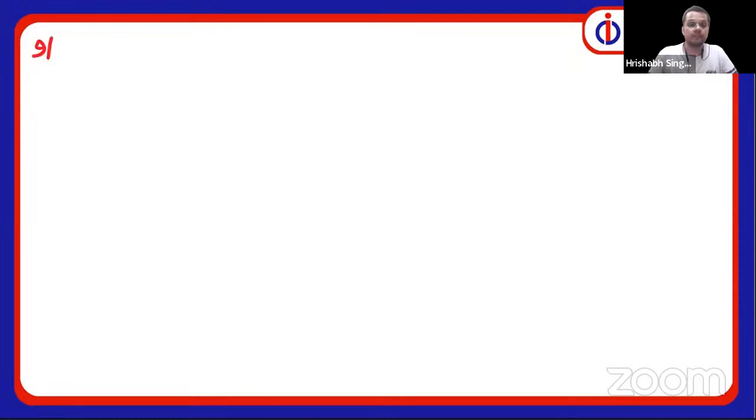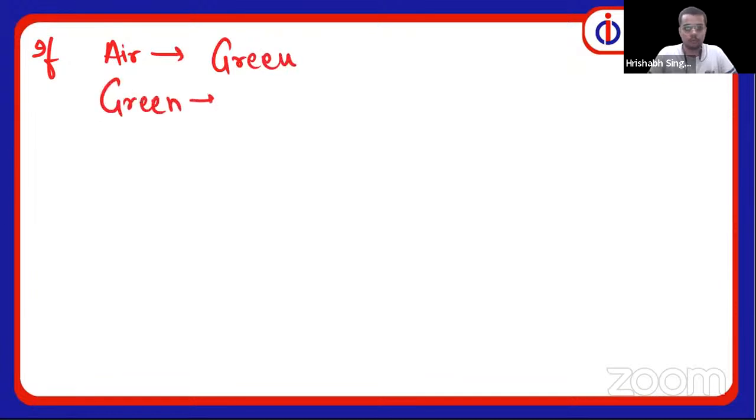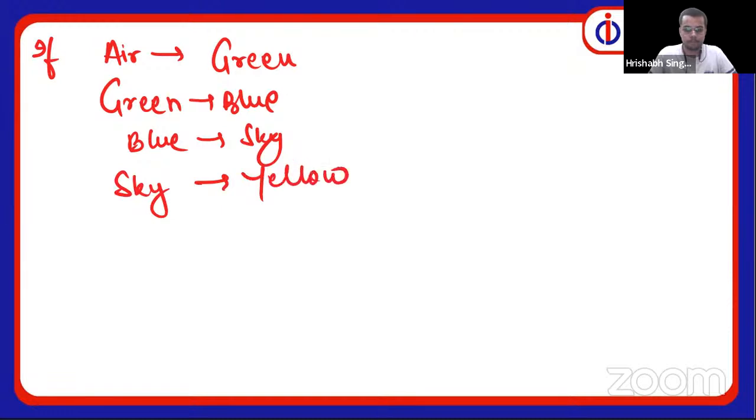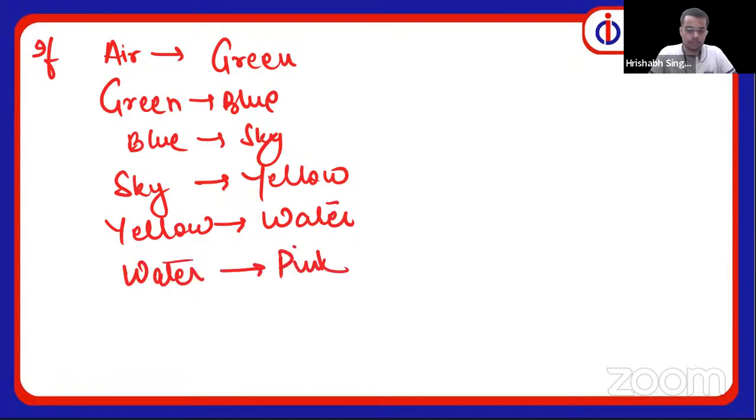Say, see, if air is coded as green, green is blue, blue is sky. ठीक है, sky is yellow, yellow is water, and water is pink. ठीक है, then the question can be asked, what is the color of